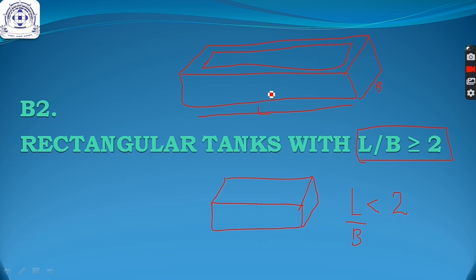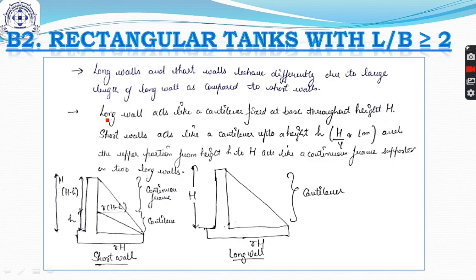So what is the major difference in both these cases? In the previous case we said that both long walls and short walls support each other, meaning the whole length of the long wall and the whole length of the short wall were supporting each other. But here only some part of the long wall will support the short wall, and the long wall, being too long, is not supported much by the short wall. So the presence of this short wall will not make much difference to this long wall. So this is the major difference. What will happen due to this, we will look into in the next slide.